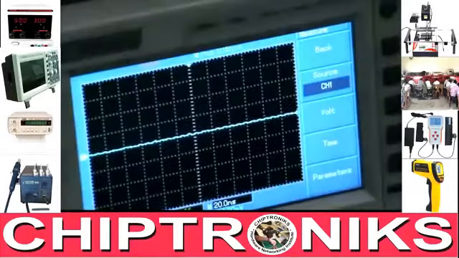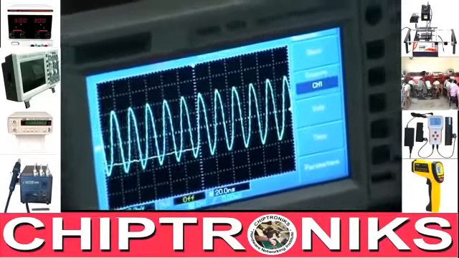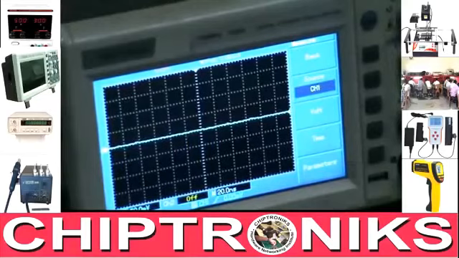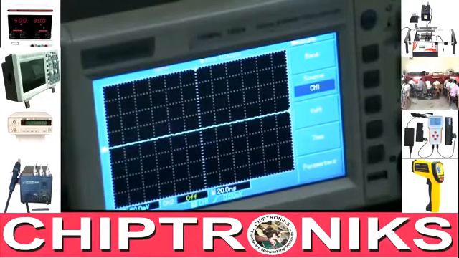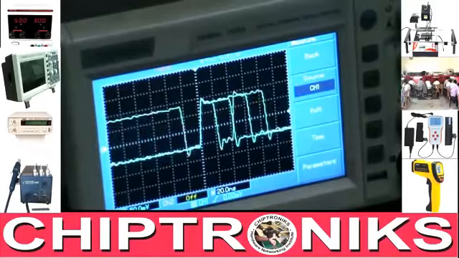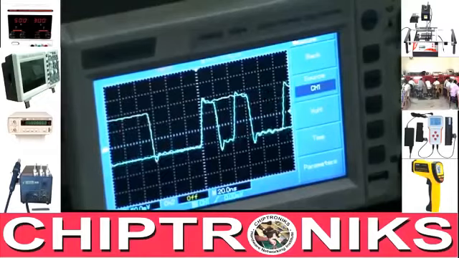Now we check pin number 2, output. Here we get output or not. Oh wow. Look.